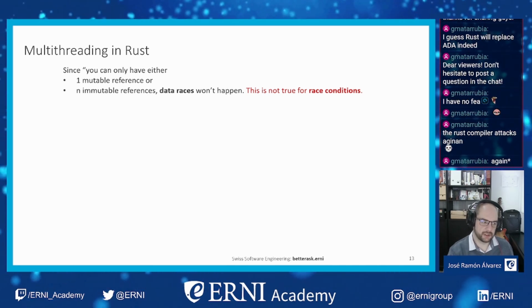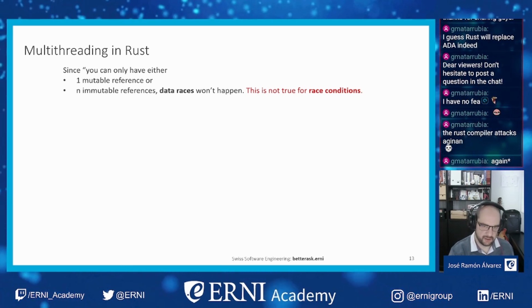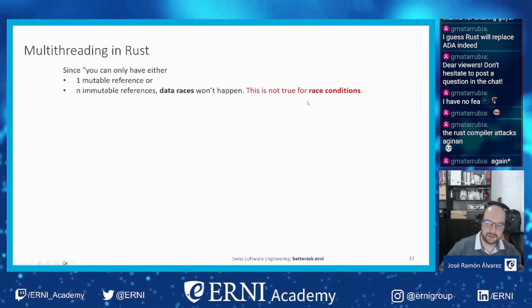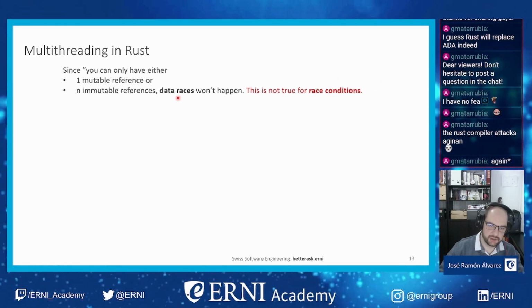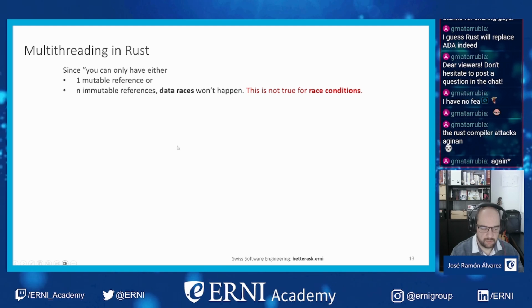You think that the logic of your program is one and it happens to be another completely different. Those are race conditions, but data races, which is the unsynchronized access to shared memory, Rust won't let you